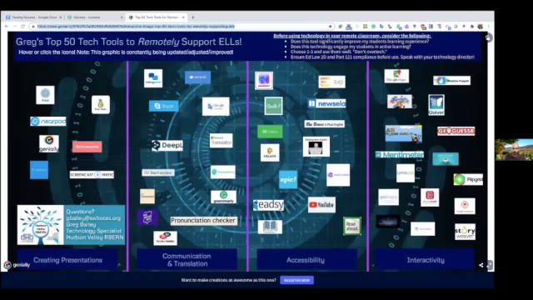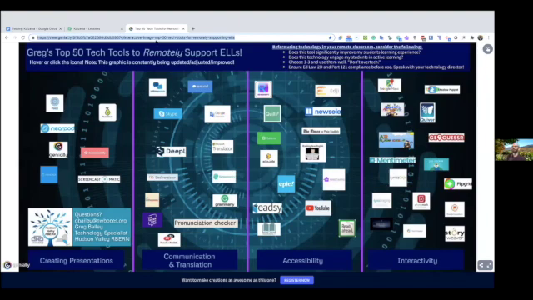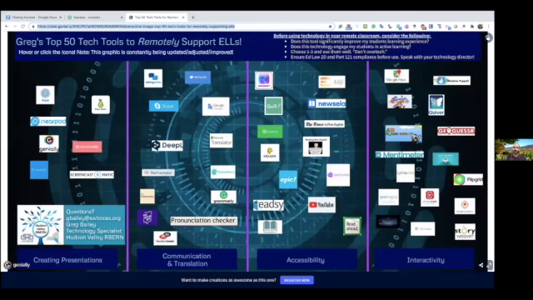And let me make sure I'm sharing the correct screen here. Let me just do the whole desktop. I'm realizing that's probably the safest thing to do, isn't it? Okay, there we go. So when you click on that link, you're going to be brought to a page that